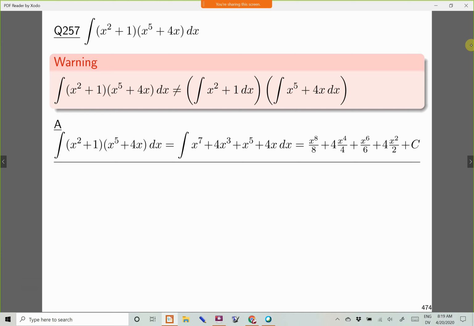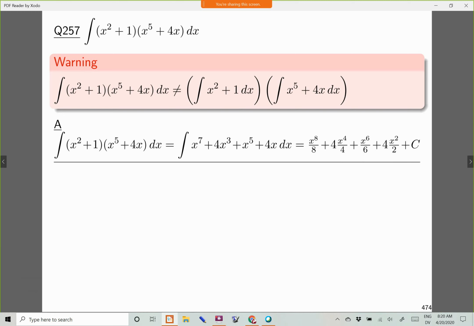So whether you cancel the 4's here and here or not, I don't care. I'm not worried about whether your answer here is as simplified as possible in this situation. I just point out if you do cancel the 4's, you would just be left with that second term as x to the 4th. And some people prefer staring at 4x to the 3rd and thinking kind of directly, what should you differentiate to get 4x to the 3rd? Oh yeah, that would be x to the 4th using the power rule.